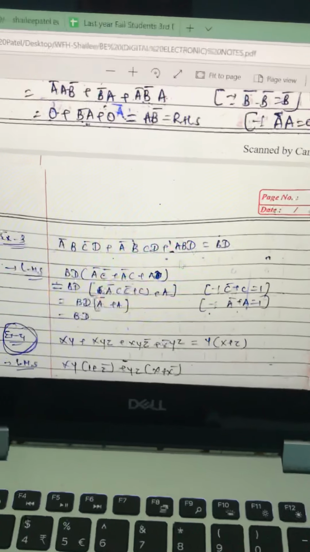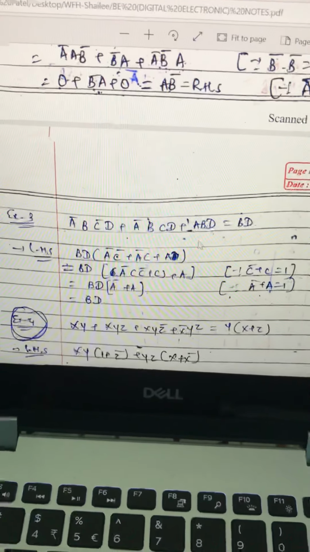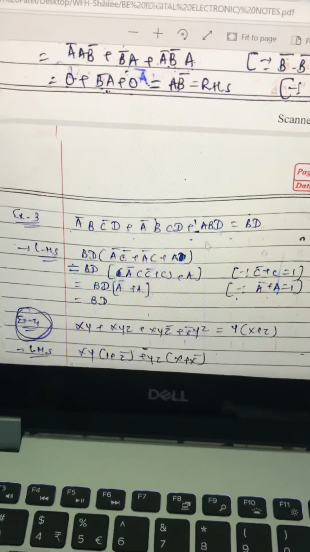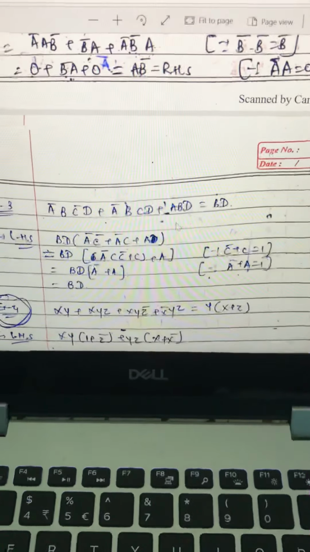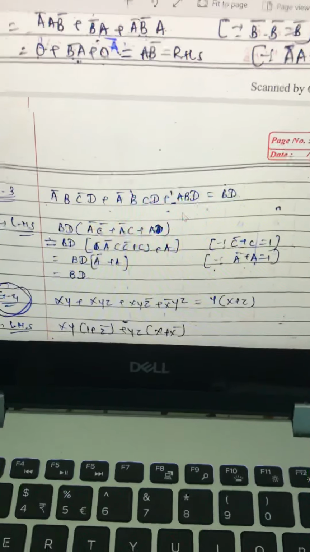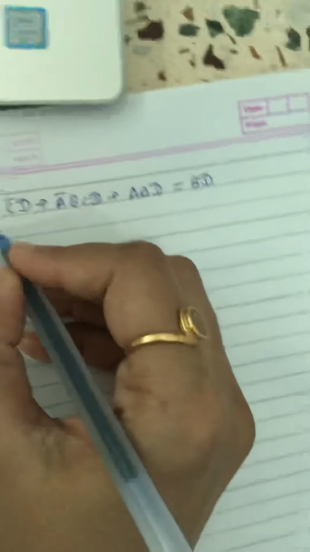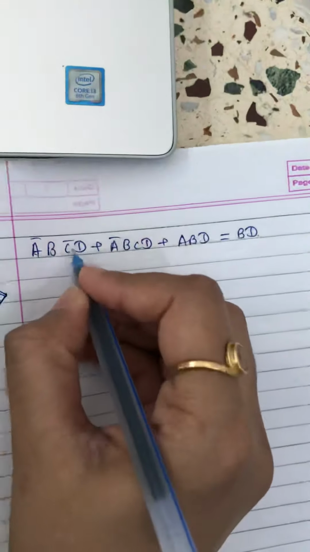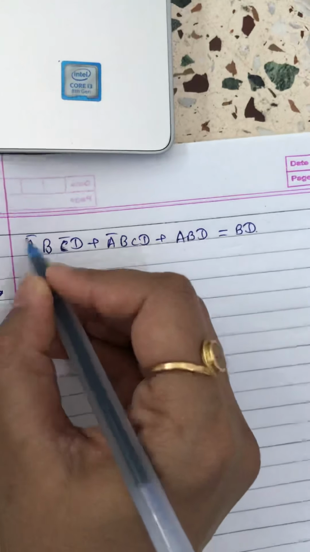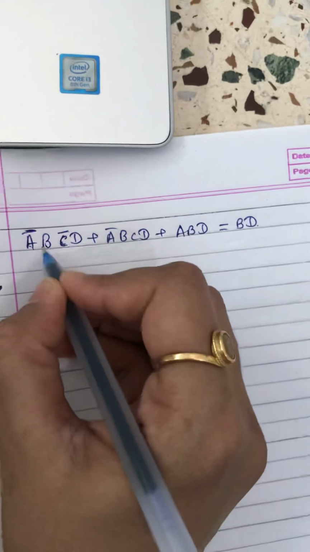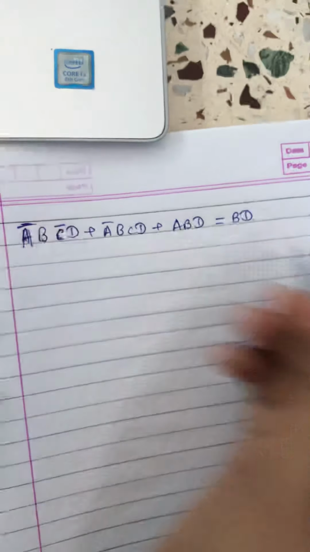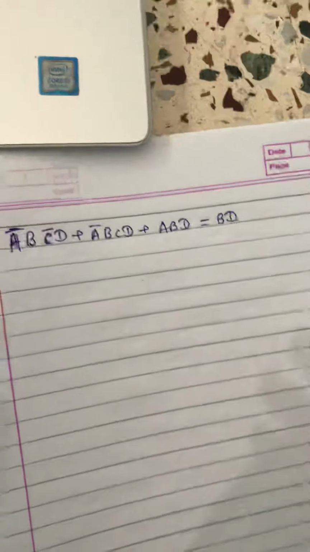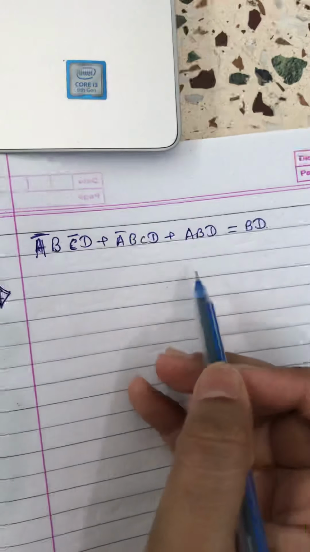That means you can take something in common, then you can try to apply some rules which we studied in a previous lecture, and then you are able to solve it. So let's start from the first one. There are three terms given. There are some rules for it. If there are terms in a multiplication form, that means even numbers like 2, 4, 6, 8, then you can make groups of 2 and take common things.